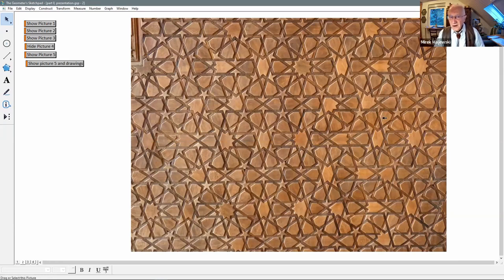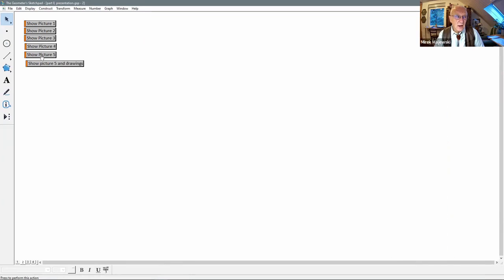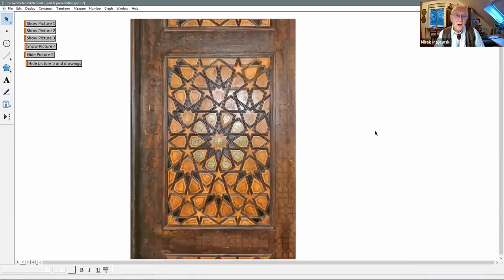So the design is quite chaotic, but they managed to put everything in a way that is very consistent. Only these shapes that I did mention. Okay, so hide this picture and show the next one. Okay, that is Chaharbagh